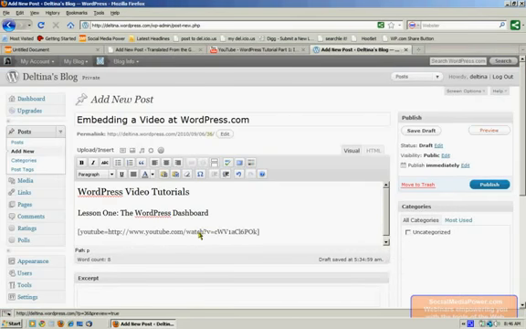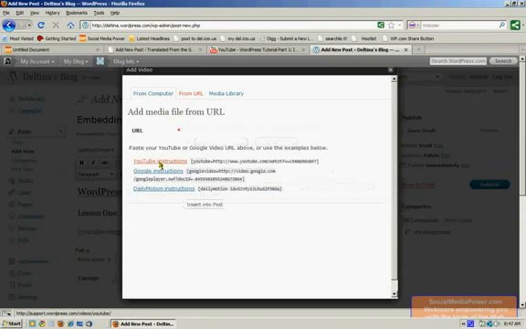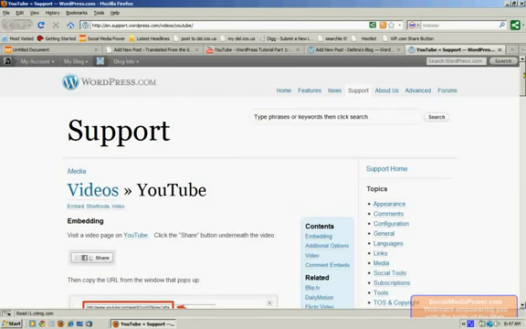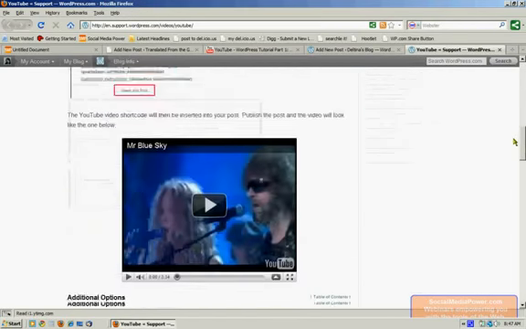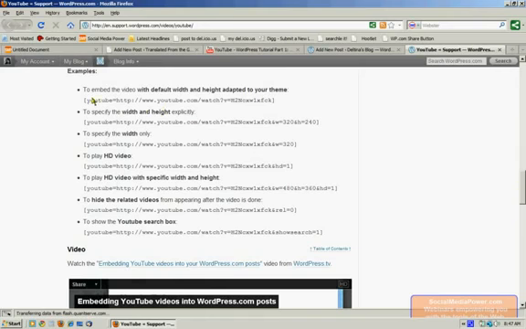Now, one other thing to note is that you actually do have options as to how you can control the height, width, and whether it shows in HD, just like in the embed code, but it's a little bit more involved. If we go to this icon again and click on Add Video from URL, we want to click on YouTube Instructions, and it will actually give us some instructions. This is the WordPress.com support page. And it will show us how we can add additional parameters to the end of our YouTube tag to control